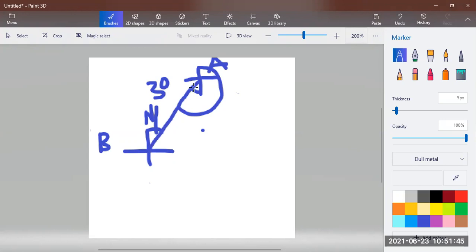So in that case, you realize that I have an angle here, and that's a Z shape. So this angle here, 30 degrees, will alternate with this angle here. So this implies that this angle here will be 30 degrees. All right, so it means that the bearing of B from A will be 90 plus 90 plus 30. So that's 180